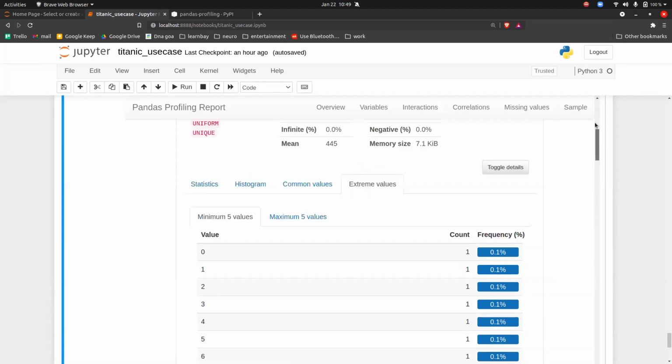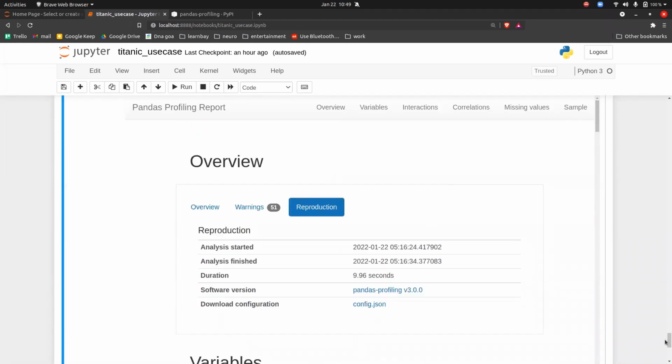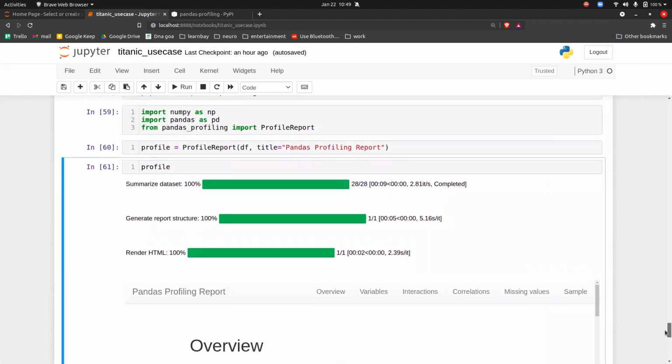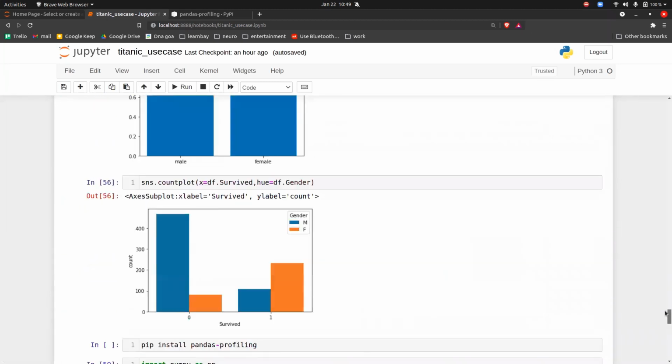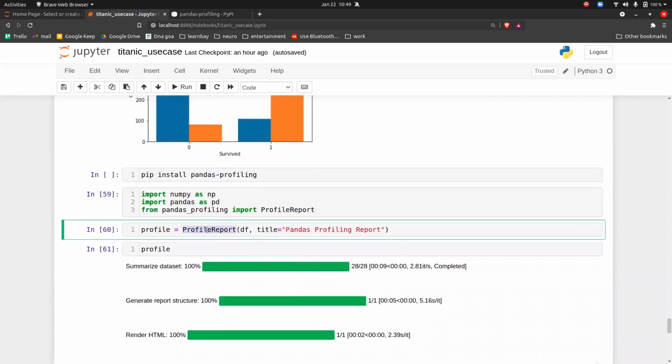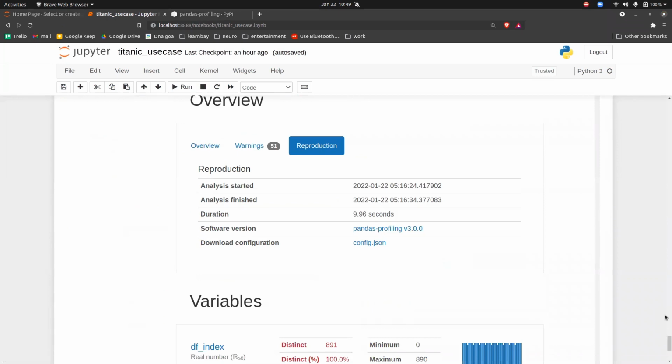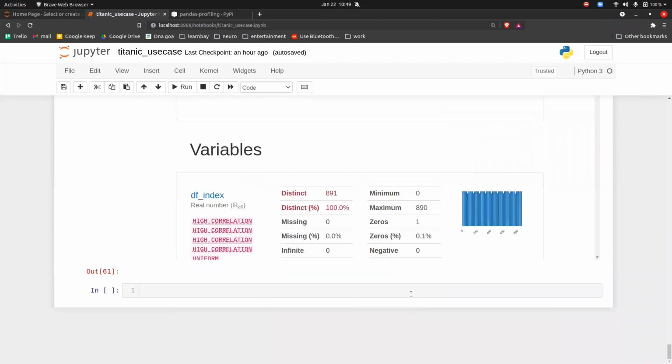So this is a new library that has come into the market, but not now, of course. Last year it came into the market. So this is how you can use pandas profiling to get the basic profiling of the dataset, guys. Instead of putting in the effort yourself, you can just get the data from this particular area.